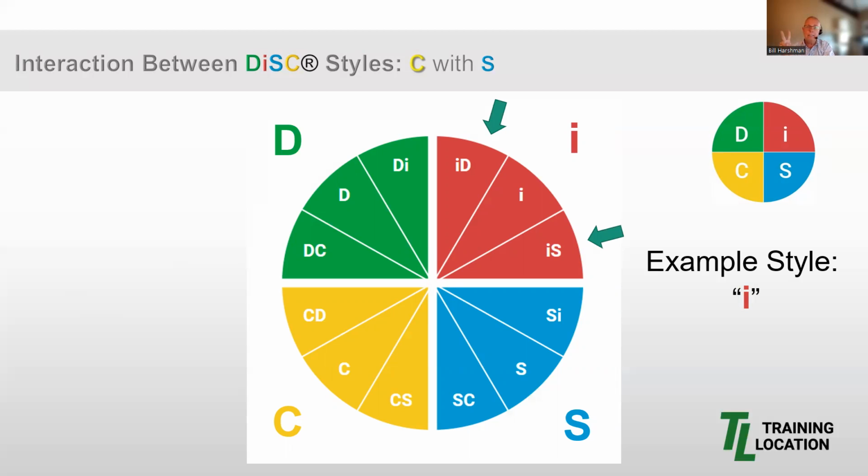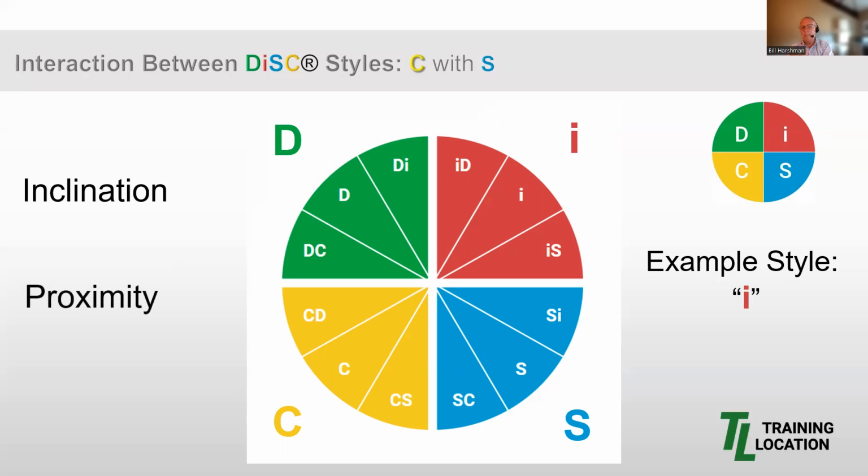Let's look at the two ways I's, for example, can differ. One is through inclination of a style, which shows how naturally inclined a person is to encompass the characteristics of their DiSC style. And the second is simpler, it's proximity or placement to the neighboring style. Let's first look at inclination using the I style. We'll look at proximity in a moment. And by the way, I refer to your DiSC as a dot. However, I'm using circles here just for illustration.